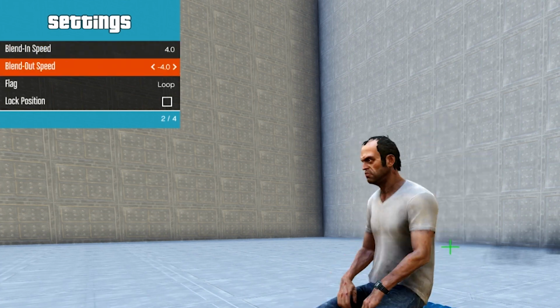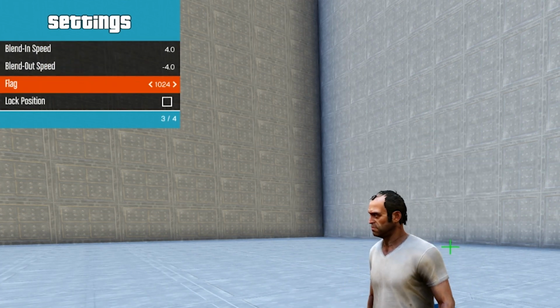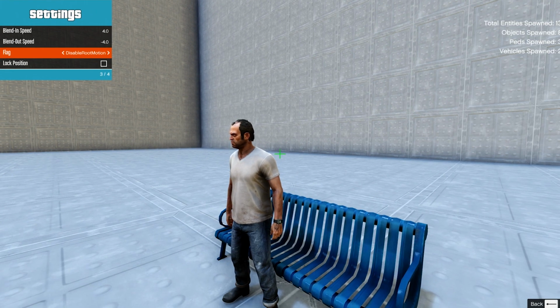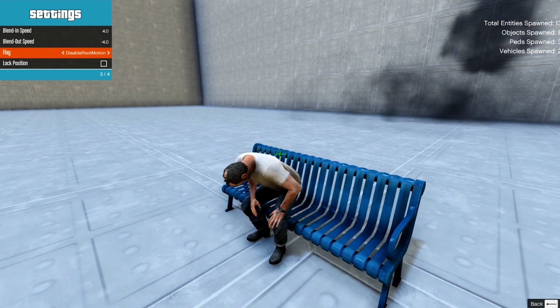The secret in making actors sit down on furniture is to use the animation flag called Disable Root Motion instead of these lame normal ones. And that's about it for this tutorial. Stay tuned and thanks for...